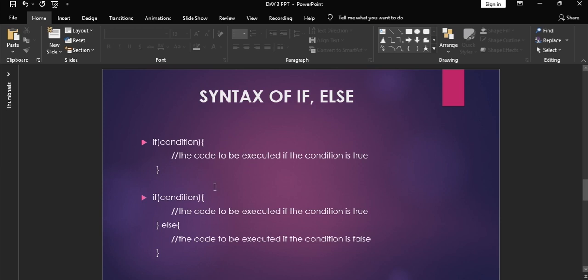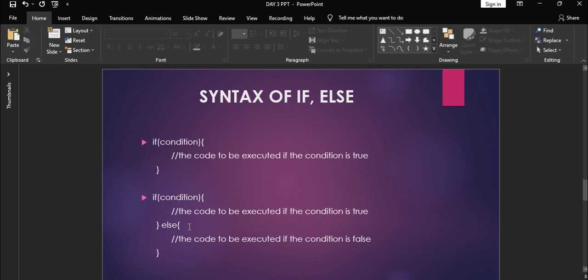So for this we are using the if else condition. First it will evaluate whether 10 is greater than 5. If it is true, it will go into these flower brackets and execute the code, that is print 10 is greater than 5 or something. Suppose we take 5 is greater than 100, no, 5 is less than 100.